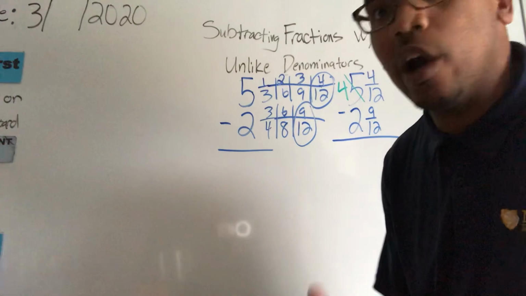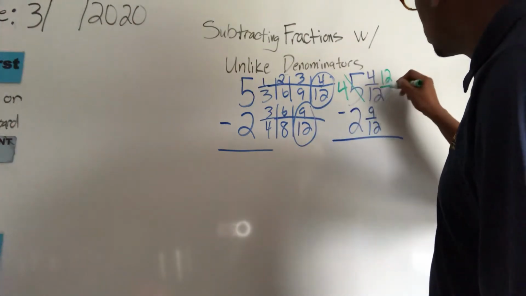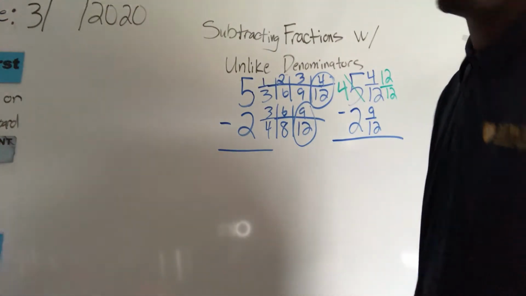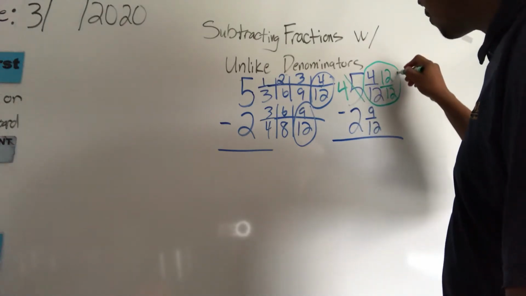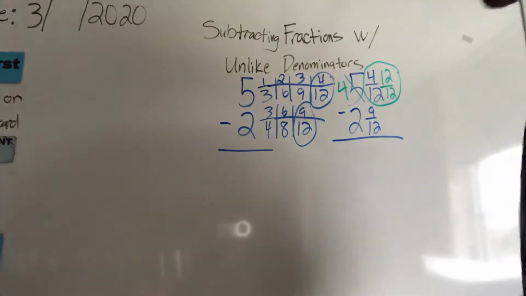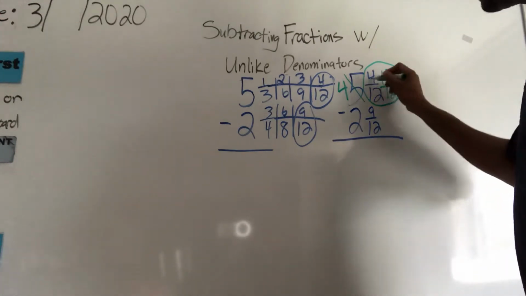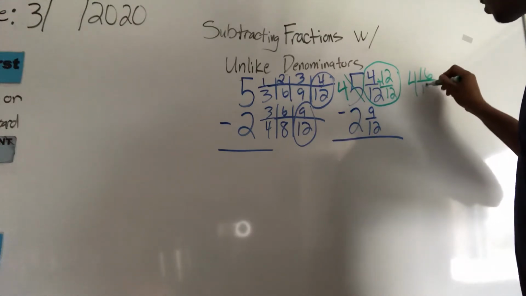So take that 1 whole that he gave you and turn it into 12 12s because 12 12s is 1 whole. Now you turn around and put it with the 4 12s you have. Now you have 4 wholes and 16 12s